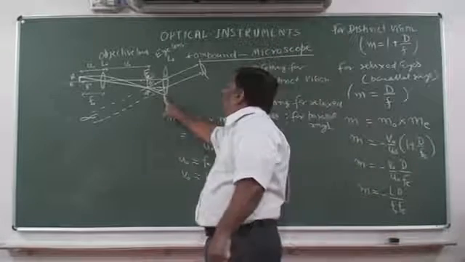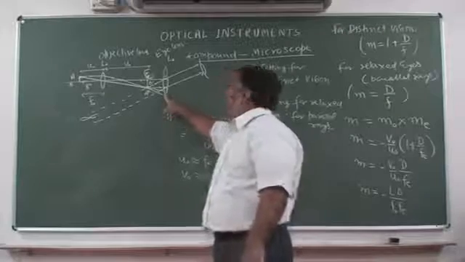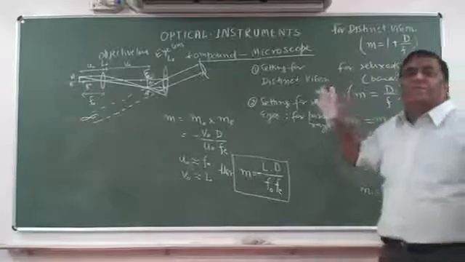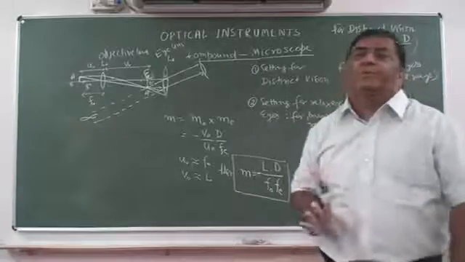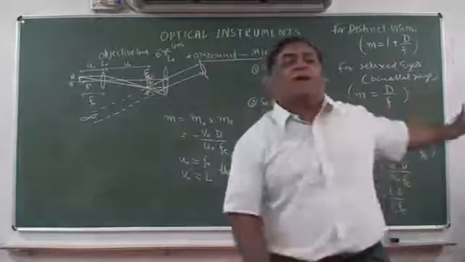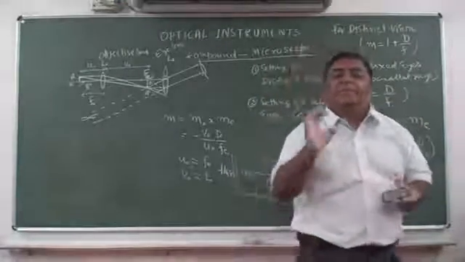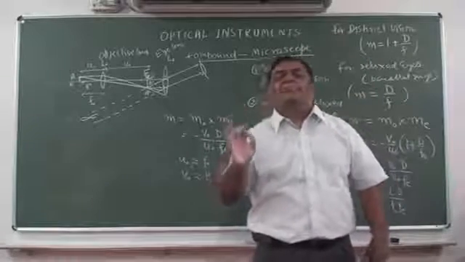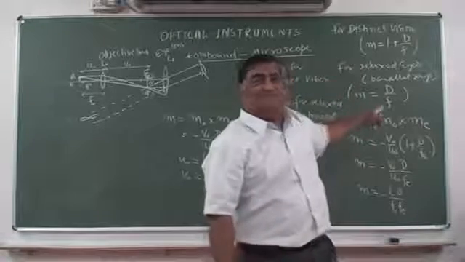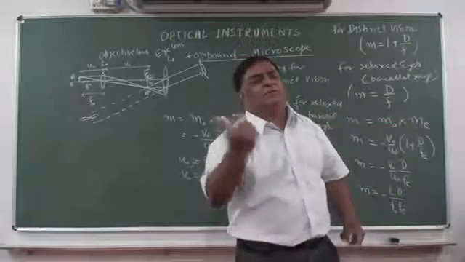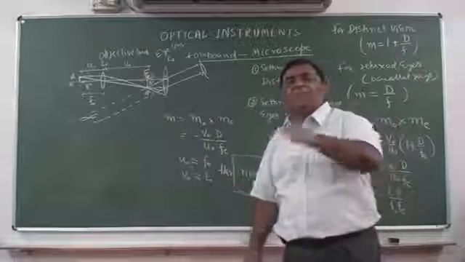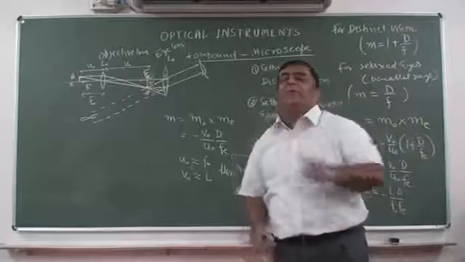Take it for granted that the magnification of this lens is this. This will be taken as a given quantity. उसको आपको अलग से प्रूफ करने की जरूरत नहीं है. उसको अगर पूछना है तो पूछा जाएगा आपसे what is a simple microscope and how much is its magnification. तब आपको एक सिंगल लेंस लेके इसका डेरिवेशन करके देना है and that will be a 2 marks question hardly. This comes in 3 marks questions and sometimes with a numerical A and B it becomes a 5 marks question.